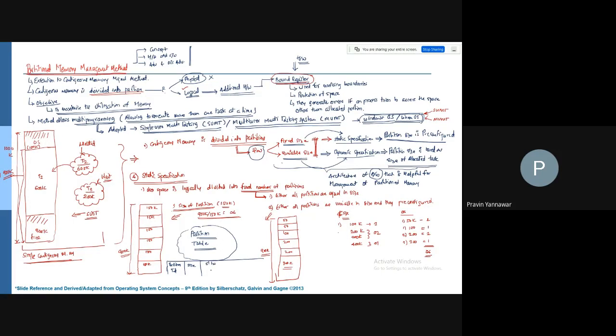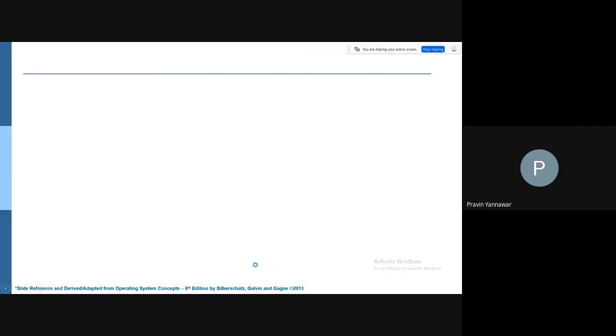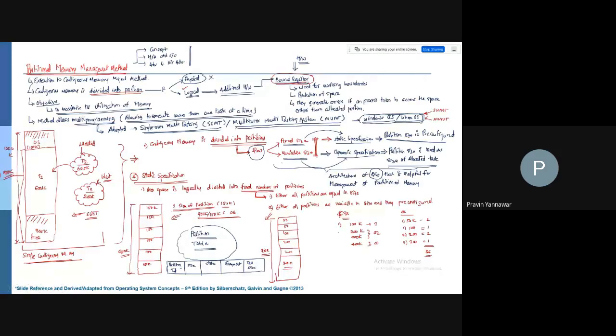Then I'm going to have status of partition, whether it is available, free, or whatever it is. Then whether it has a certain fragment. So this is the new point which we have got, and we will try to discuss it. Fragment and total space, that is size of the fragment, or the task size. So this partition table we are going to maintain. The partition table contains size, status, fragment, and total size.